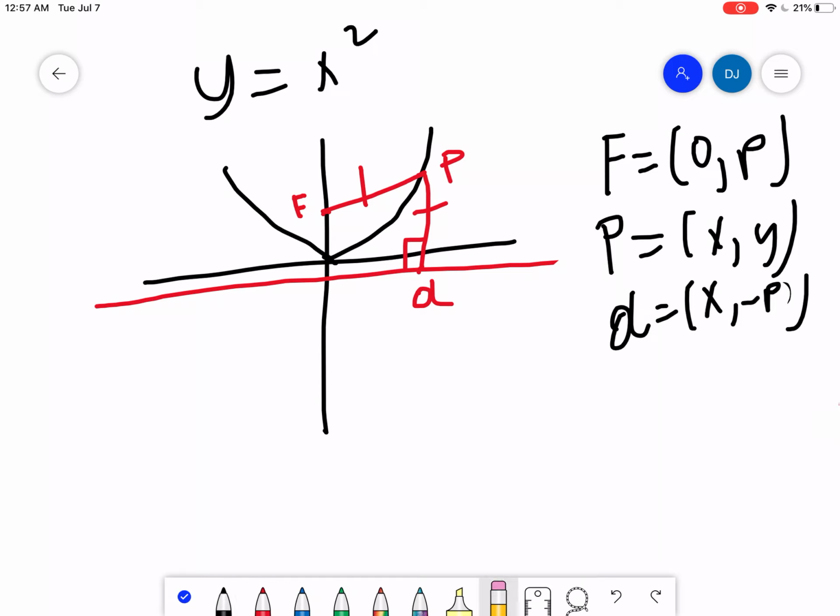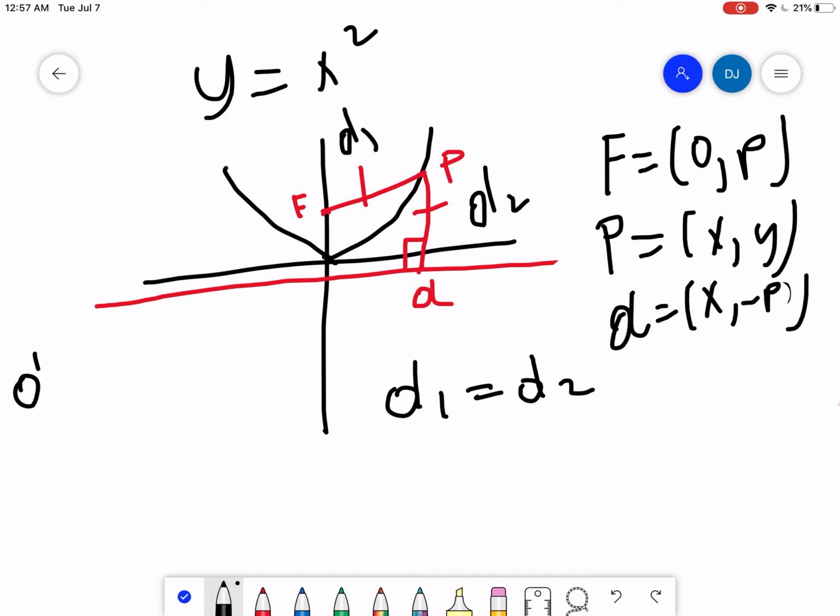Now, we will also define the distance from point F to point D as distance 1, and define the distance from point P to T as distance 2. So in this case, we note that distance 1 and distance 2 must be equal given the geometric properties of a parabola. So what we can do is use the distance formula, which says d, or the distance,